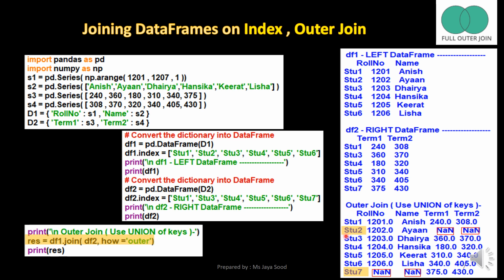Please note that the row with index 2, which is not present in the right data frame, will have the value NaN for term 1 and term 2. Also, the row with index 7, which is not present in the left data frame, will have the value NaN for roll number and name columns.